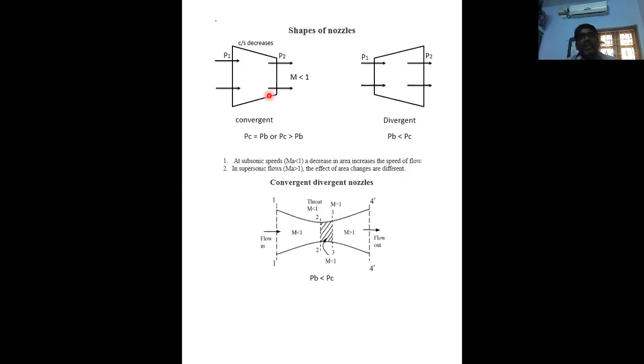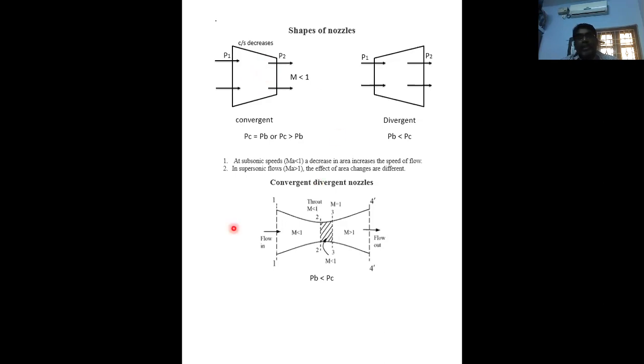A nozzle is a duct of varying cross-sectional area in which the velocity increases with a drop of pressure. Its main function is to produce a jet of steam with high velocity. A nozzle is used in steam turbines, jet propulsion, and rocket propulsion. The convergent nozzle is used for incompressible fluid, that is, for liquids, for example in a hydroelectric power plant.